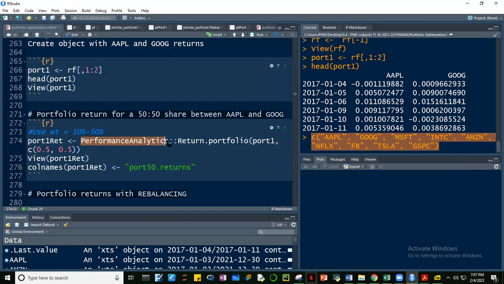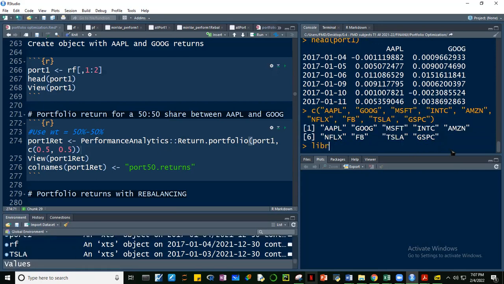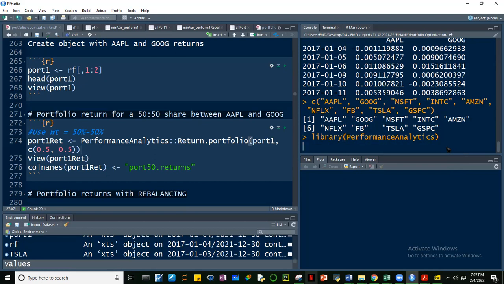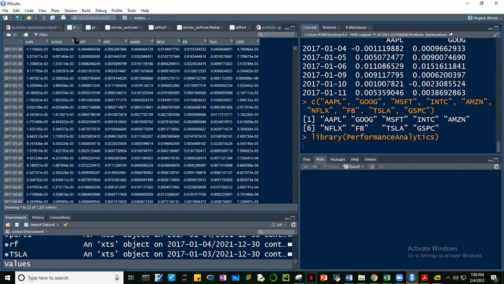This is a package. Make sure that you have access to this. So that should be library PerformanceAnalytics, and later PortfolioAnalytics. Okay, so let's access that. And then in PerformanceAnalytics, we can easily compute the portfolio return. Now, take note, guys, that these are returns. Okay, where's our